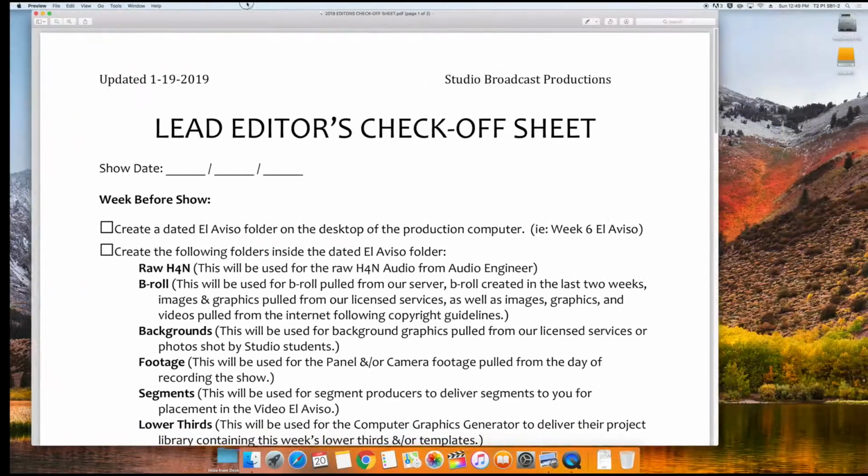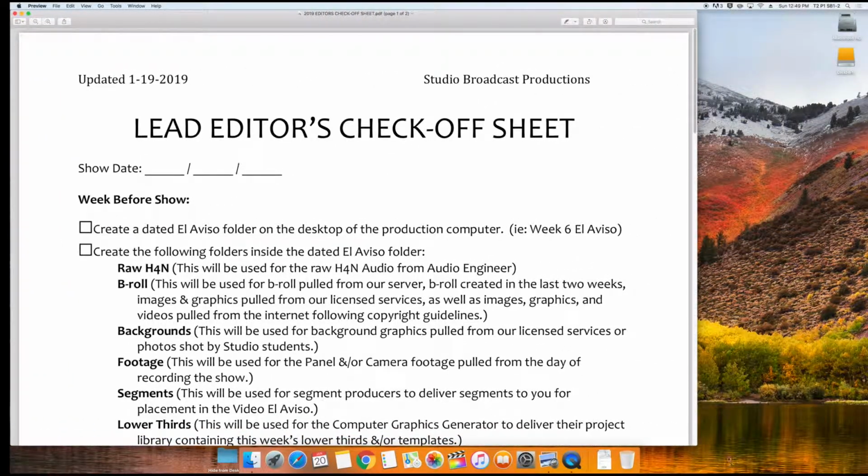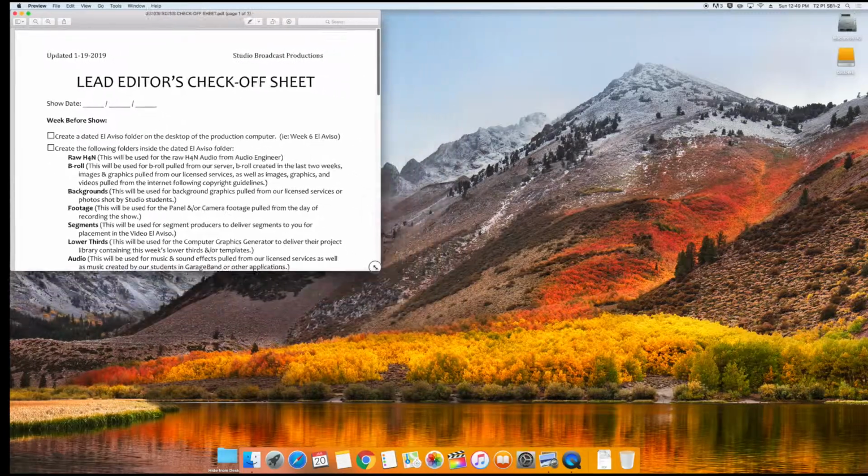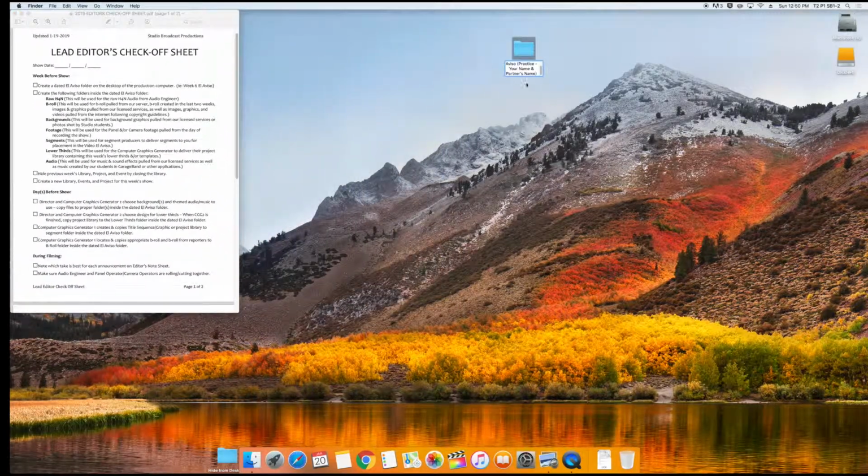A week or so before the show, you're going to create a dated folder on the desktop to store all of your files. For this activity, please add practice to the name of your folder as well as your name and your partner's